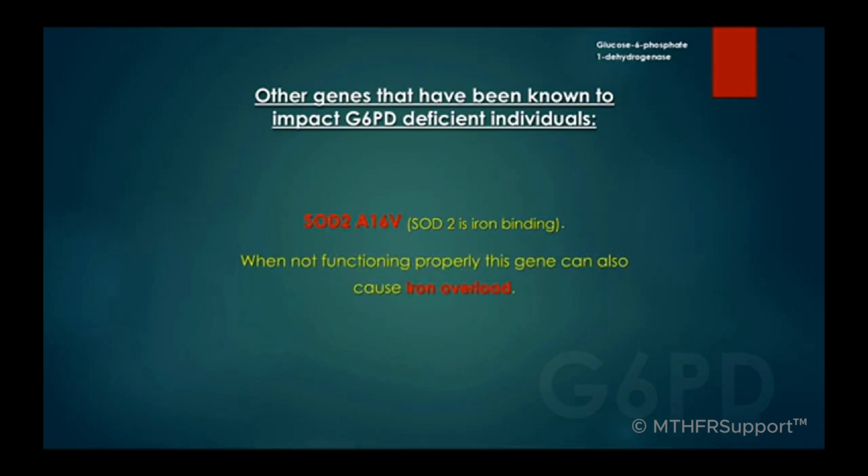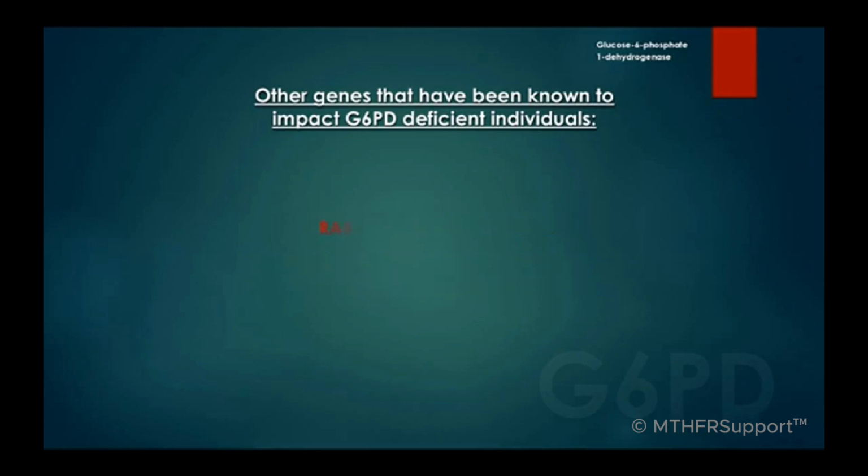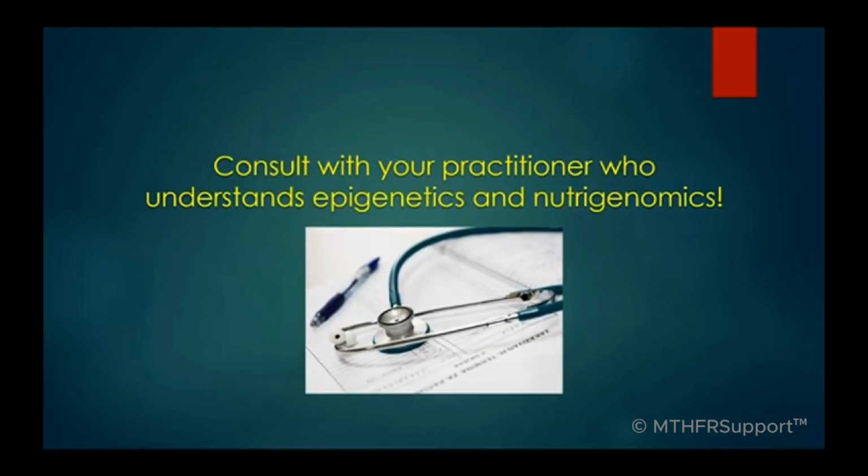When not functioning properly, this gene can also cause iron overload. RAB6B has been related to elevated serum transferrin saturation. Now remember, if you have concerns you may be G6PD deficient, contact a practitioner who understands